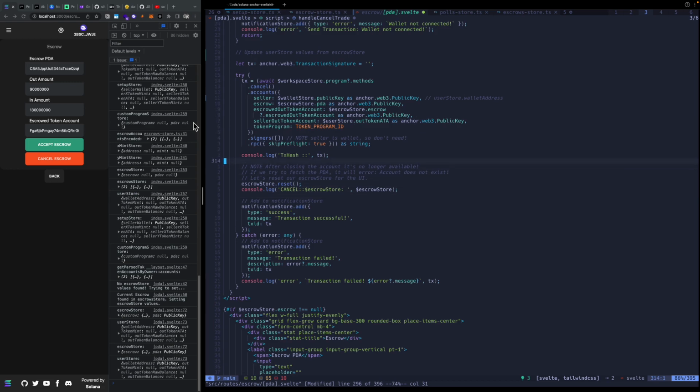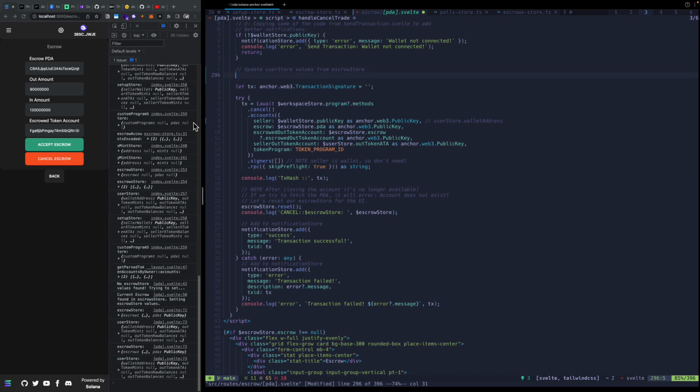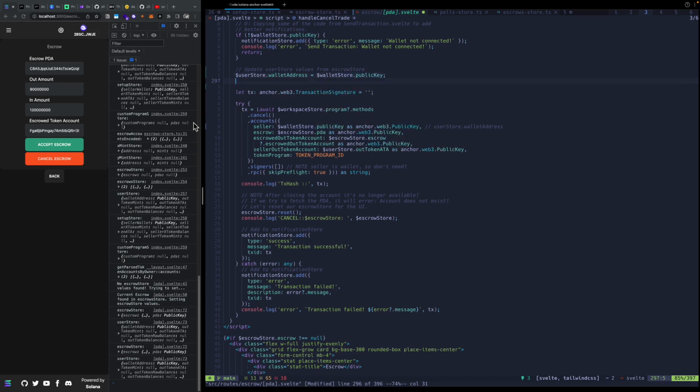Okay, so let's think about this. The wallet connects. I could set user store wallet address equal to the wallet store dot public key. I can also set the user store dot